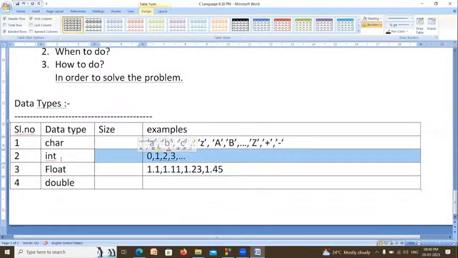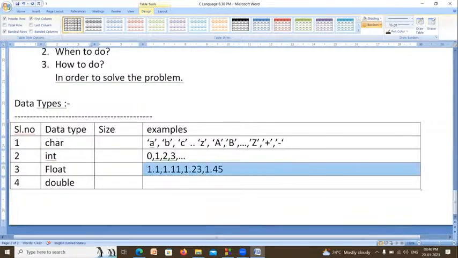Round numbers are called integers. These are the floating point values. Now, what is double? Double is also the same. 1.1 is a float, and 1.1 is a double. 1.11 is also a double, 1.23 and 1.45 are also doubles.